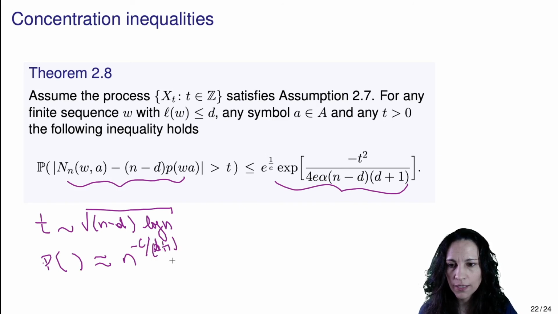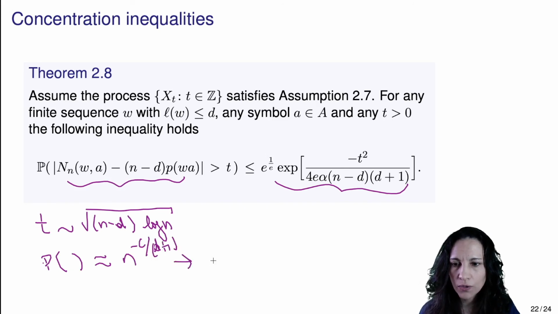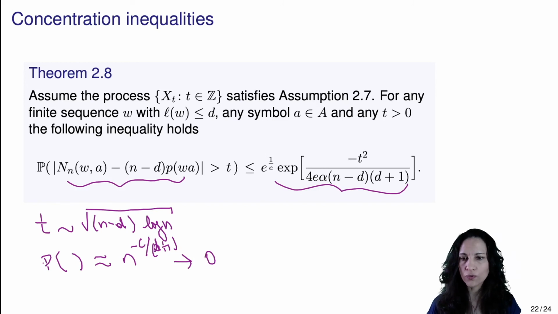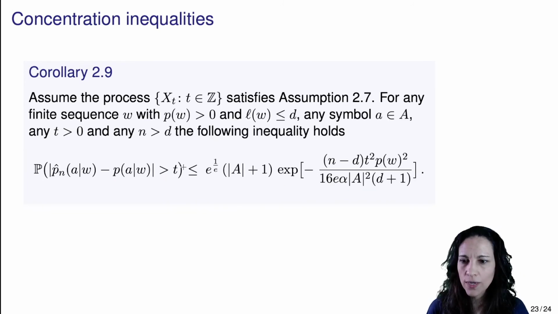So this probability is going to 0 when n goes to infinity, okay? So we can apply theorem 2.8 to bound the difference of the empirical probabilities and the true transition probabilities, obtaining